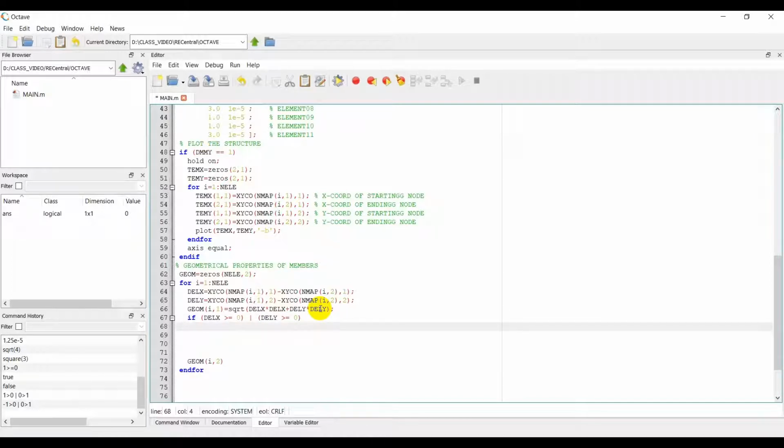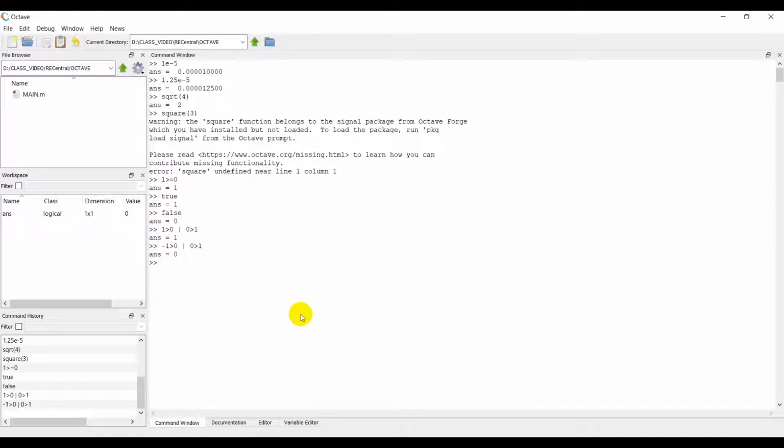X is greater than 0 and y is greater than 0, so you are in the first quadrant. Geom I comma 2 is equal to arctangent, check, I don't remember it, arctangent of 0, you're gonna get pi,